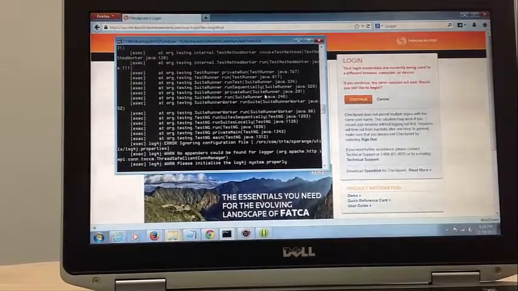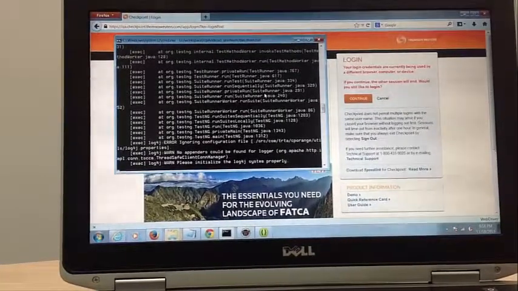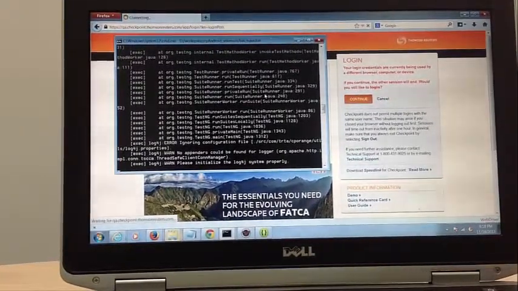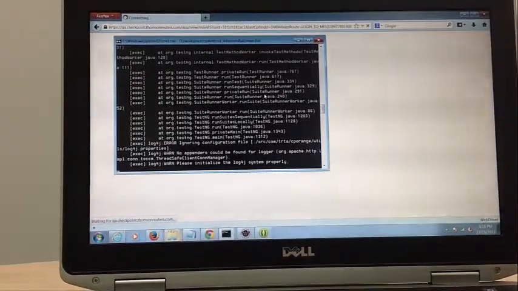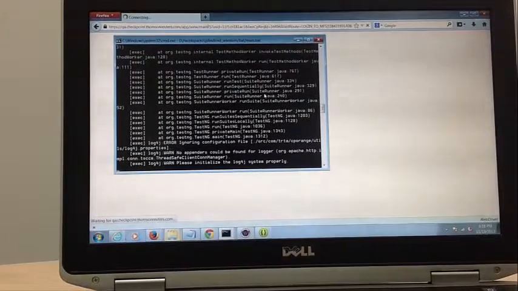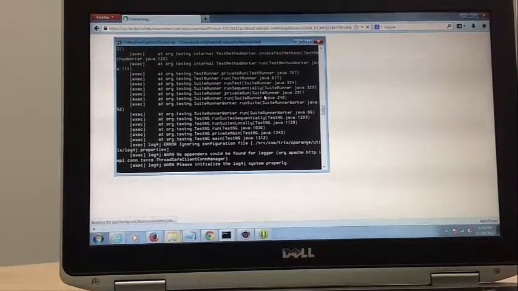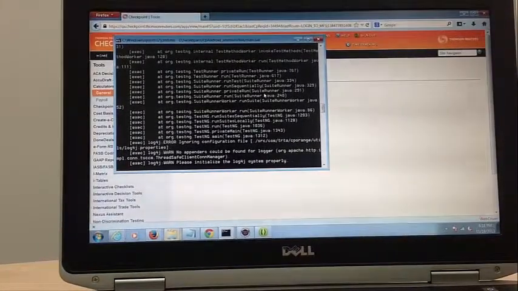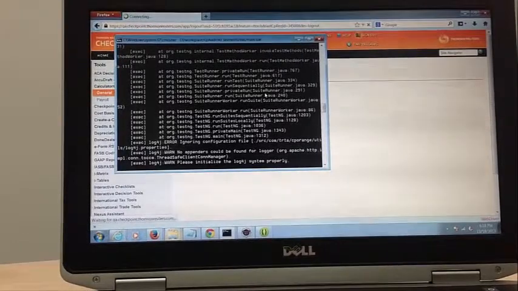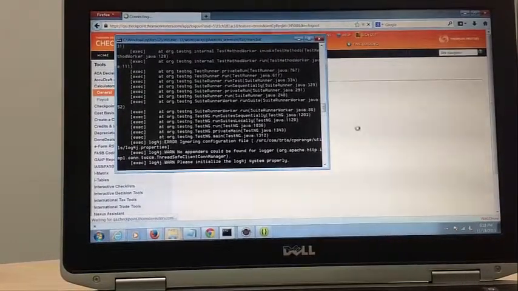The communication between the mobile app and the remote server happens using a web service which we have written on the server, and the web service will read the log4j file and give the result back to the mobile app. As you can see, our first test case is running.